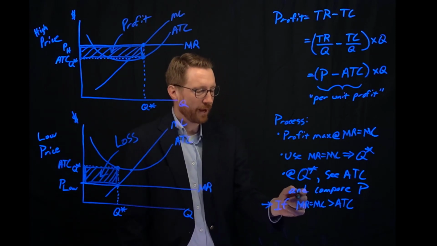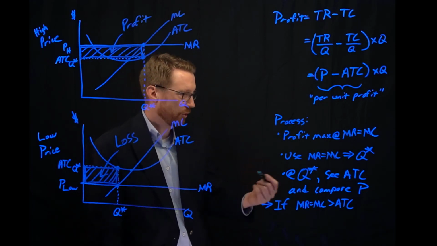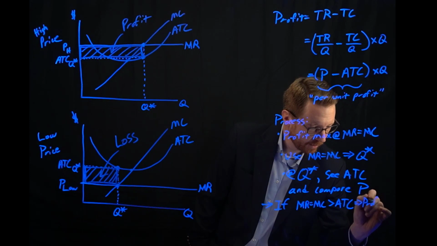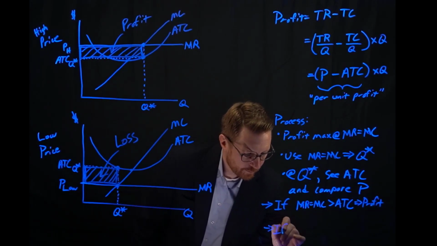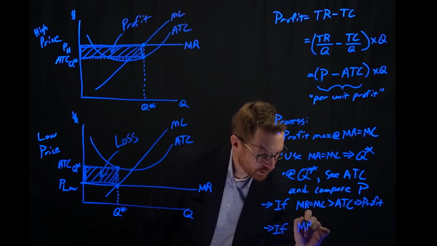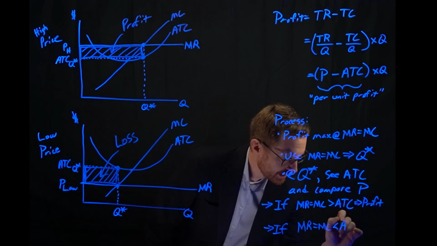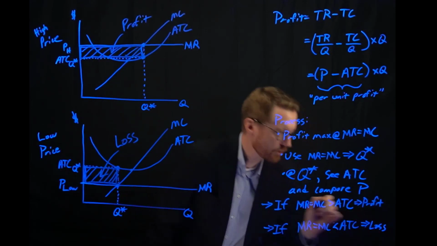But if that revenue, that price, is greater than average total cost, then the firm is going to make a profit. However, if marginal revenue equals marginal cost and it's less than average total cost, then the firm is going to make a